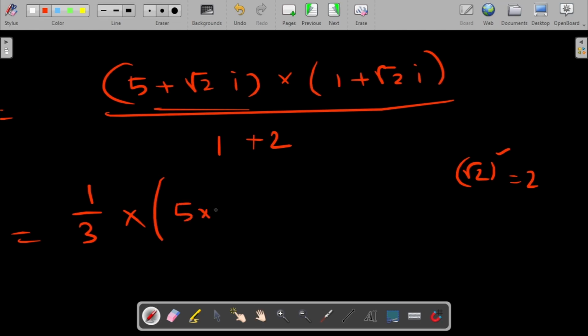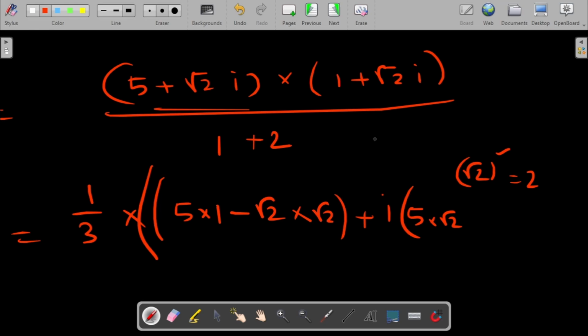So 5 multiplied with 1. C is 1 and A is 5. So A multiplied with C minus B multiplied with D. B is square root of 2 and D is square root of 2. And what? AD plus BC. So A is 5 and D is square root of 2, plus BC. So B is what? B is square root of 2 and C is 1. So this equals